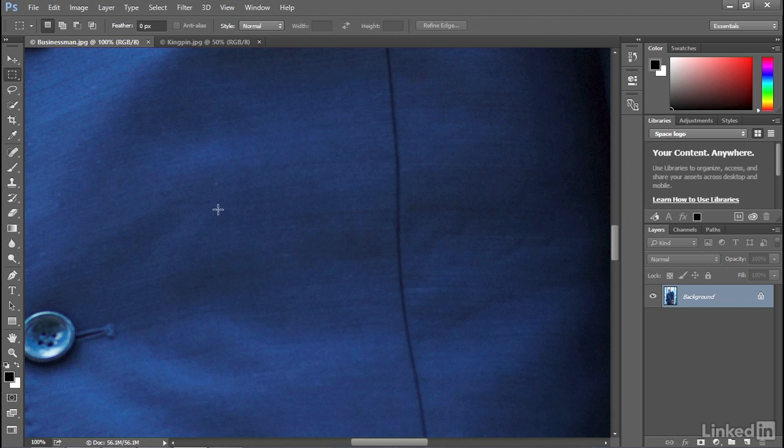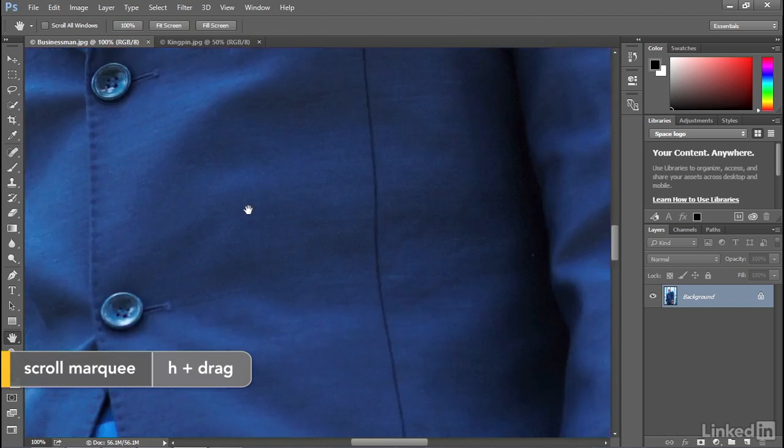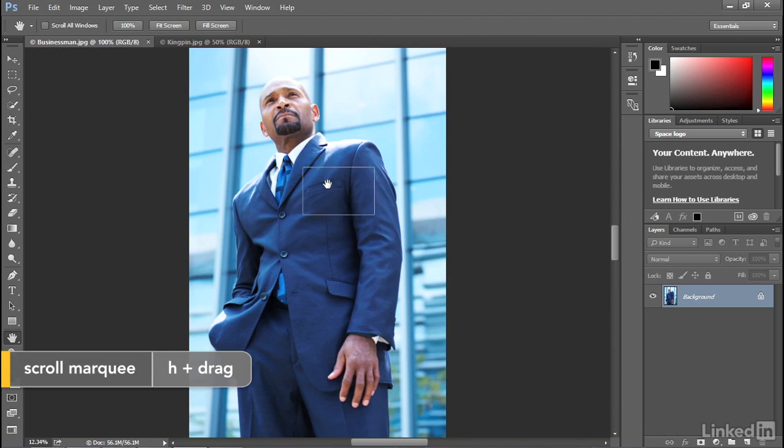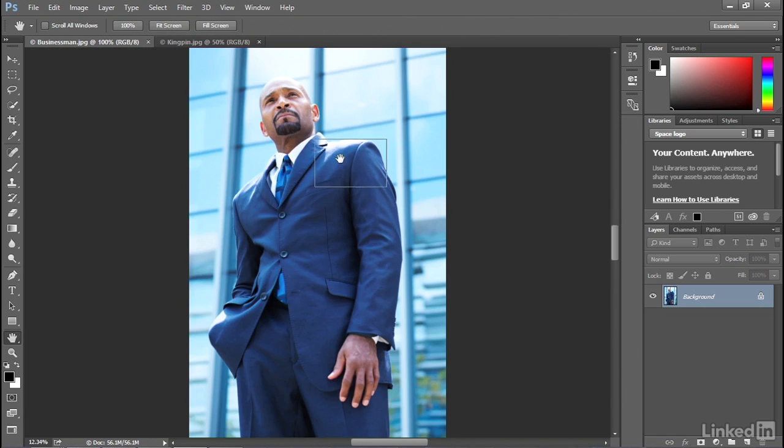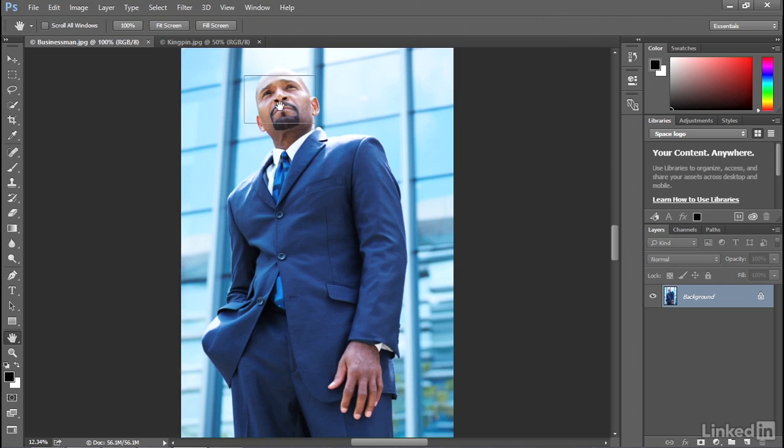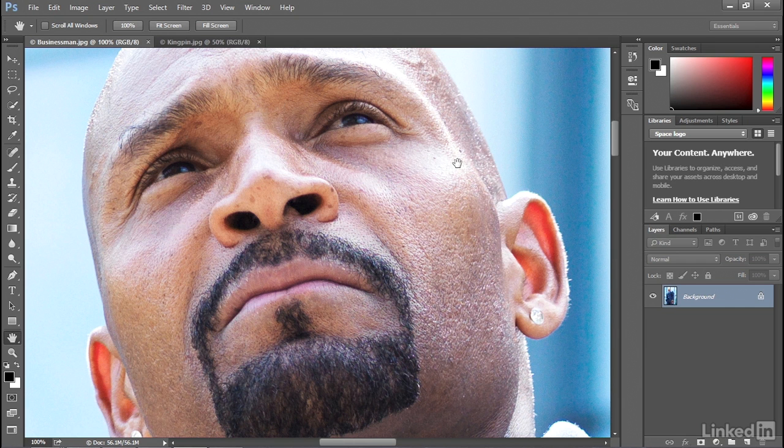So go ahead and press and hold the H key and then click and hold inside the image. And you'll see this floating marquee as long as you keep your mouse button down, which allows you to then decide exactly which portion of the image you want to see. And then once you have that area inside the marquee, go ahead and release the mouse button and you'll scroll